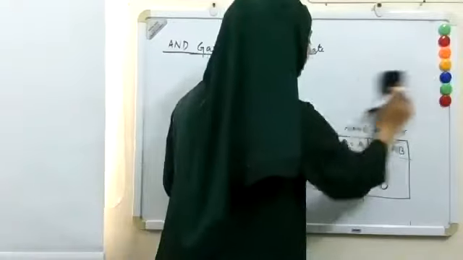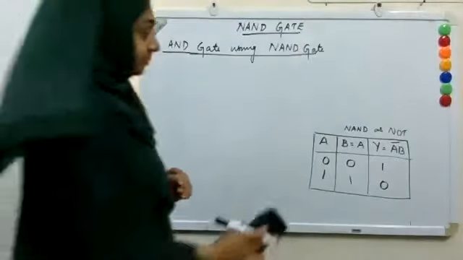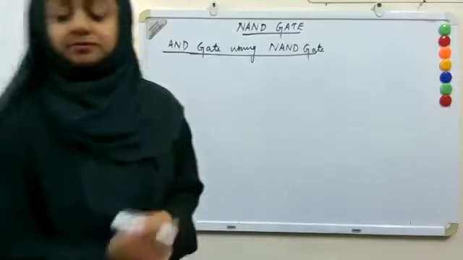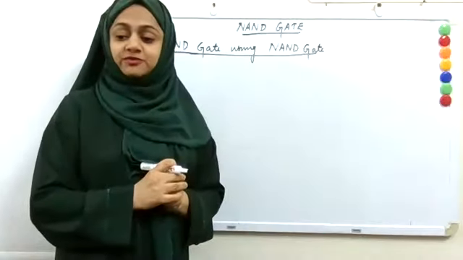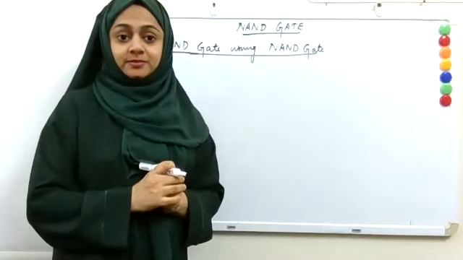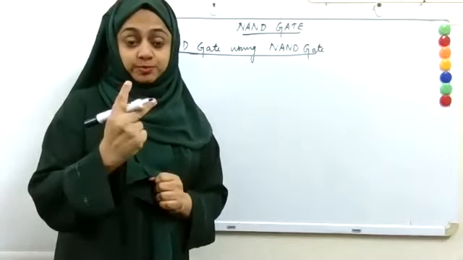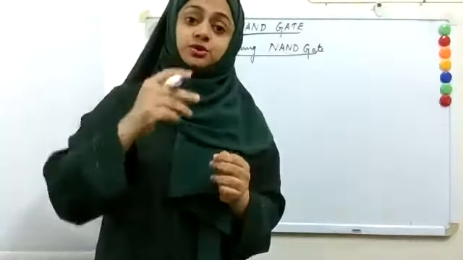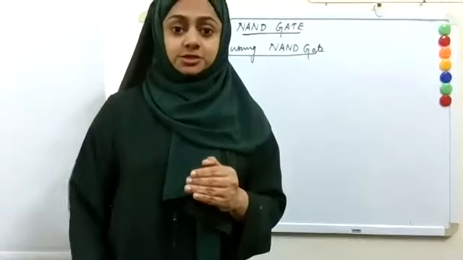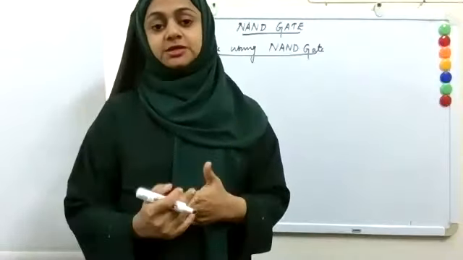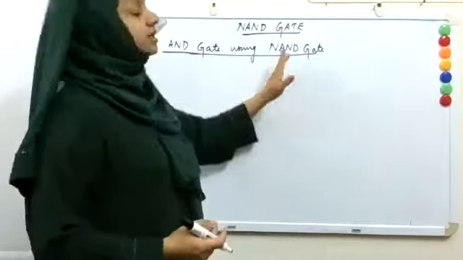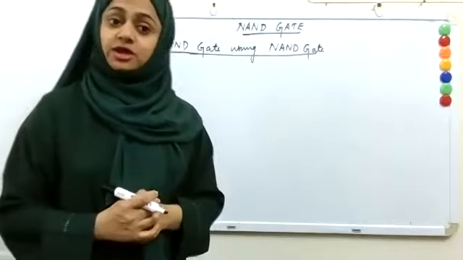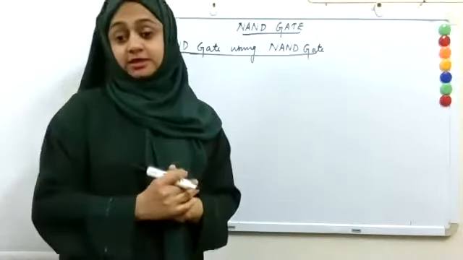Remember the truth table for AND gate? How many inputs will be there for AND gate? Two inputs will be there. Means there are four possibilities. There will be two inputs and different combinations of them. So there will be 4 combinations. And let us see how using the NAND gate we can get the same output as that for an AND gate. For that, we need to use 2 NAND gates.